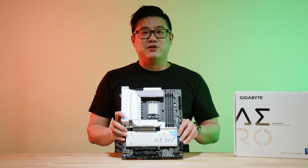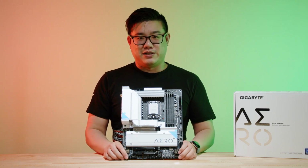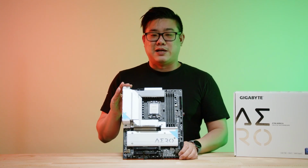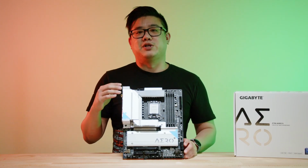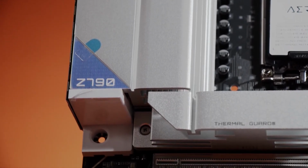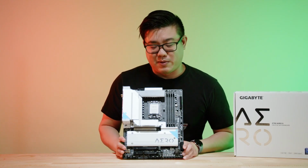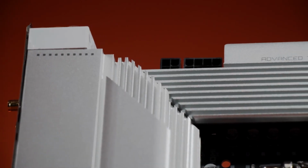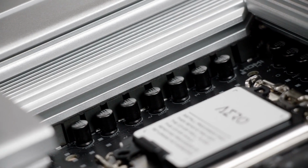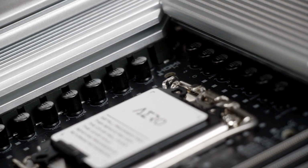So here it is, AERO G in the flesh. And now for you 13th gen Raptor Lake CPUs. If you're familiar with our AERO motherboards or AERO lines at all, you'll notice it's got that familiar white and silver styling with a splash of color just to give you a little bit of accent. One of the main things that's gonna pop out first is these nice heat sinks over the VRMs, to keep everything running nice and cool, making sure you have your best performance,